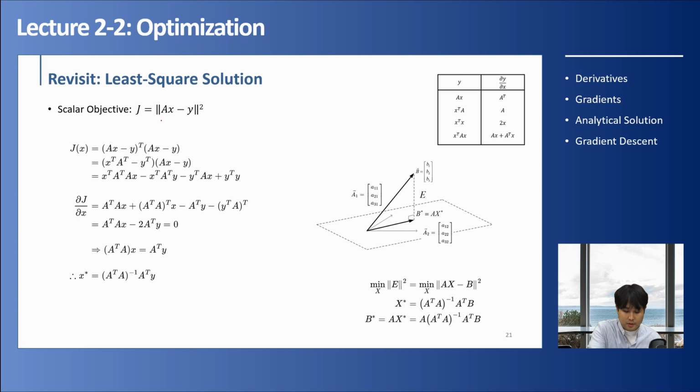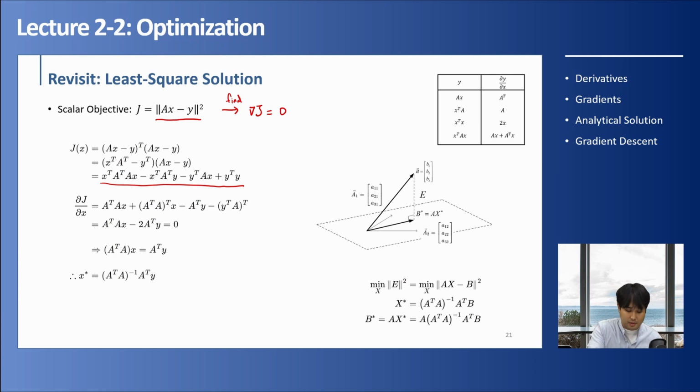Here, our goal was to minimize the following objective function, and based on what we've learned today, our goal becomes to find the point at which the gradient equals 0. So if we start out by writing out our objective function as the following, and solve for the gradient of